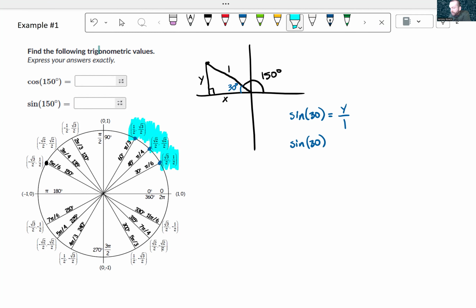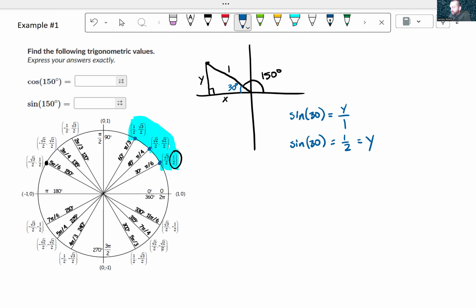So the pattern continues. So if you know these, that's going to help you to solve these larger values. So if you can memorize that sine 30 is 1/2,